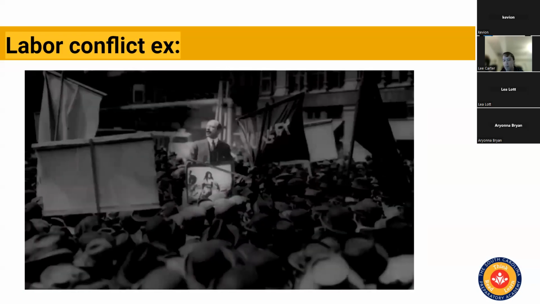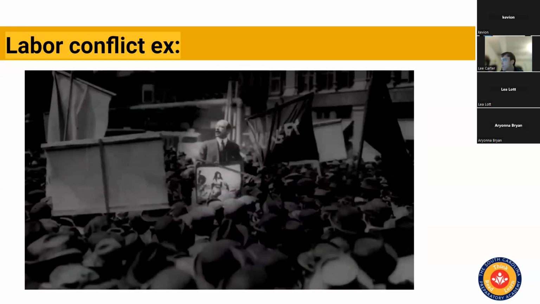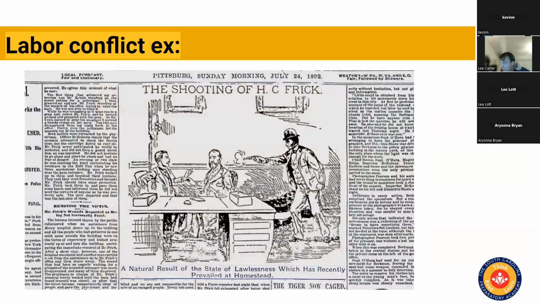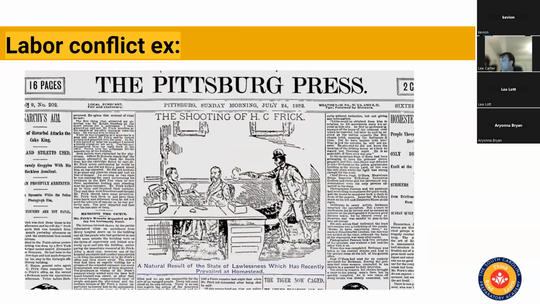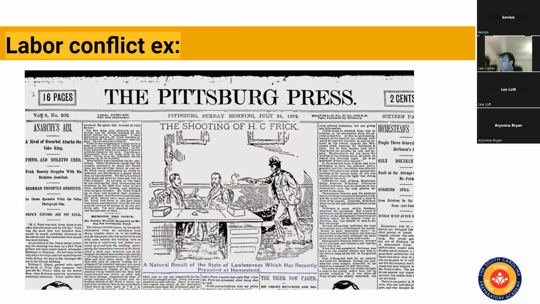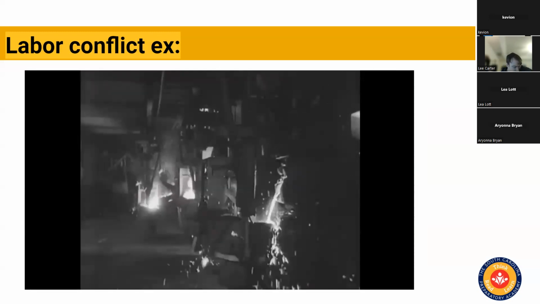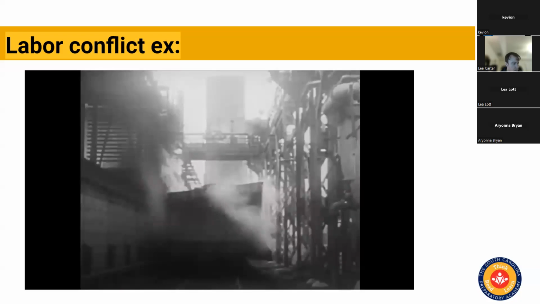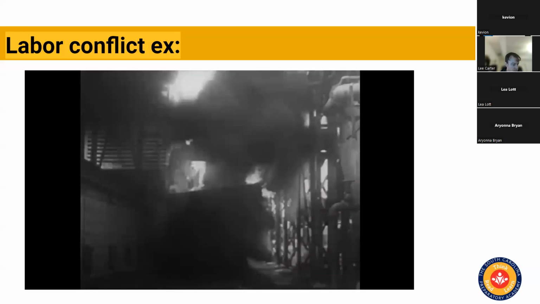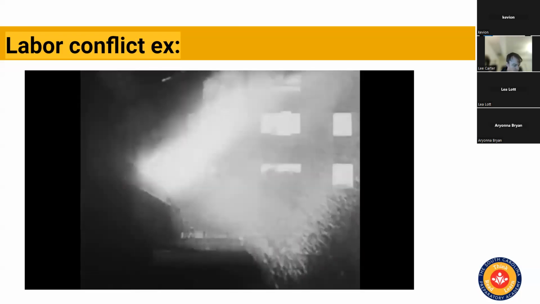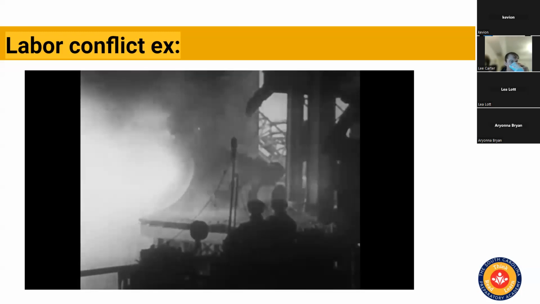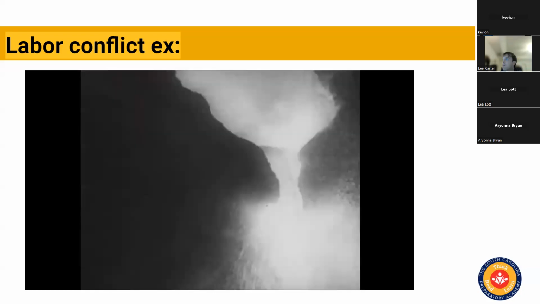Finally, on July 23rd, Alexander Berkman, a known anarchist, came to town and made an assassination attempt on Henry Clay Frick. Frick was both shot and stabbed, but survived the attack. Public support eroded after the attempt on Frick, and the strike finally ended with the union workers going back to work on Carnegie's terms. The handling of the strike was a serious blow to Andrew Carnegie's reputation, but worse damage was done to the labor movement.